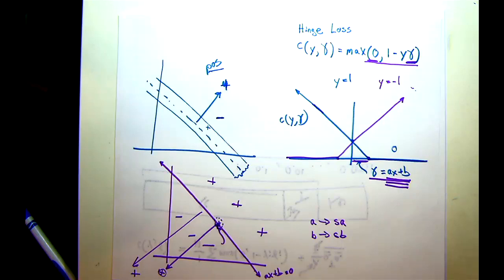Too small of an A, and you're not going to be able to categorize anything correctly. Too large of an A, and we think we're going to have some future data mistakes that cost a lot. So that's why it has to be in the cost function itself that you're minimizing. You can't just arbitrarily rescale down, because changing A actually does have an effect on how you categorize things and what you pay for it.